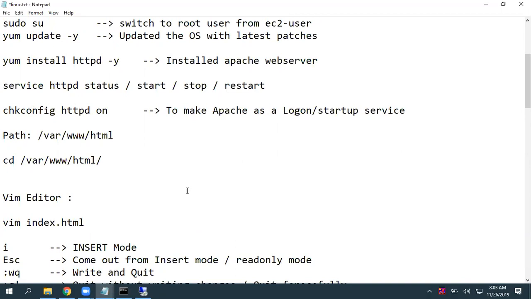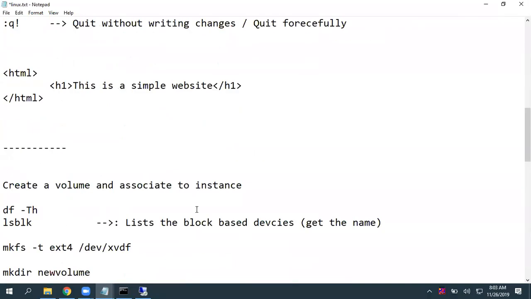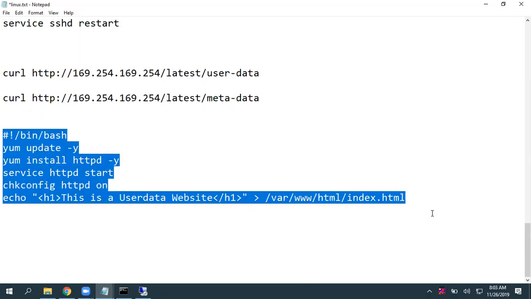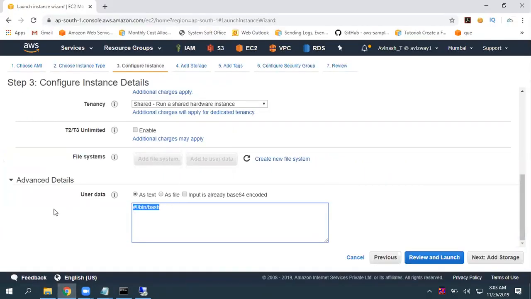Whatever files you place there, by default it will deliver as a website. So the file named index.html is by default not available under /var/www/html. So let's copy this and I'm going to give the same.